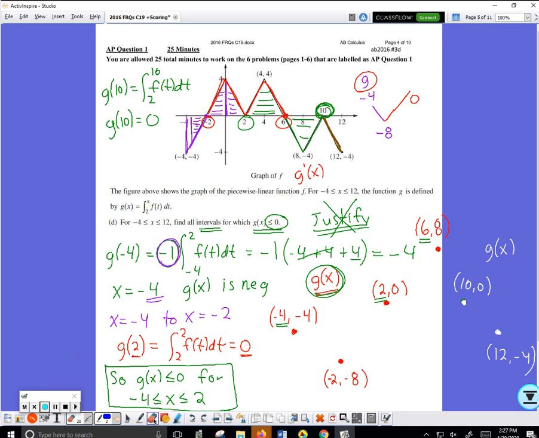So I write the other answer, which is, I'd probably grab my eraser real quick and just go like this. And 10 to 12. They give you 1 point for each interval that you find. So the problem is worth 2 points, definitely a hard-earned 2 points. 1 point for each interval that was found. You don't have to do any explanation though, so if you can do all that in your head and get the right answer, they will give you the 2 points. I was trying my best to explain it, but